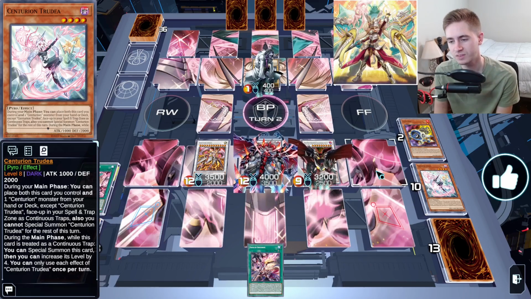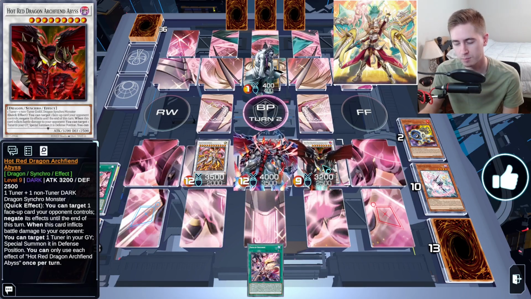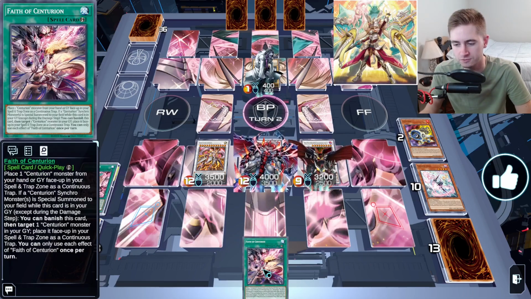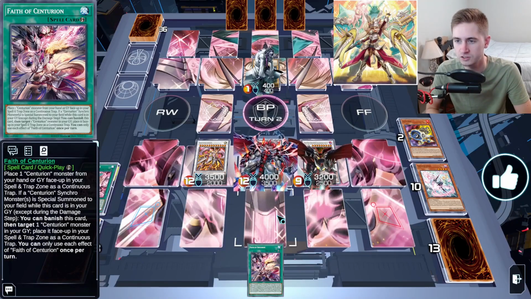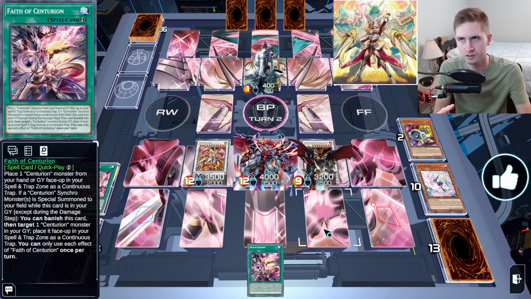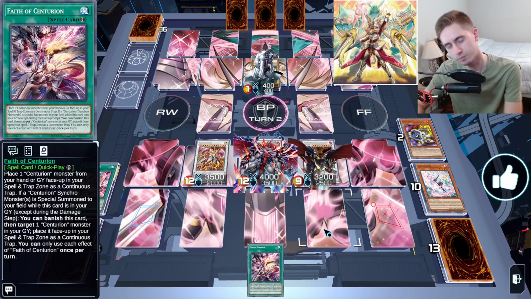So it's slightly different than the Horus package, but it kind of accomplishes the same goal, where you're trying to put up some form of negation to protect your Calamity. And this deck has a lot of, as you can see here, quick play spells or trap cards, where if you have anything that's chainable to any of your opponent's board breakers, like Dark Ruler, Ultimate Slayer, even Forbidden Droplet,